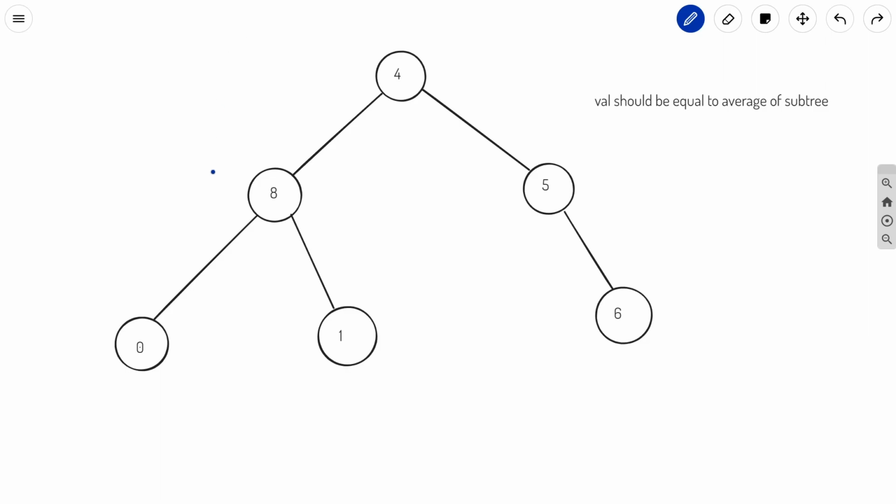So what we will do is store the sum of all the nodes present in the subtree and the total number of nodes present in the subtree.